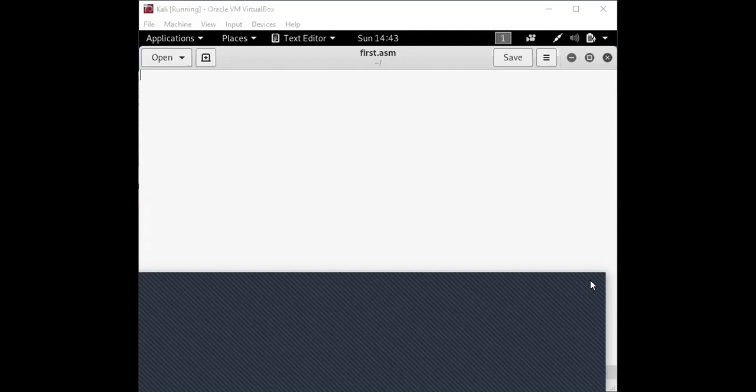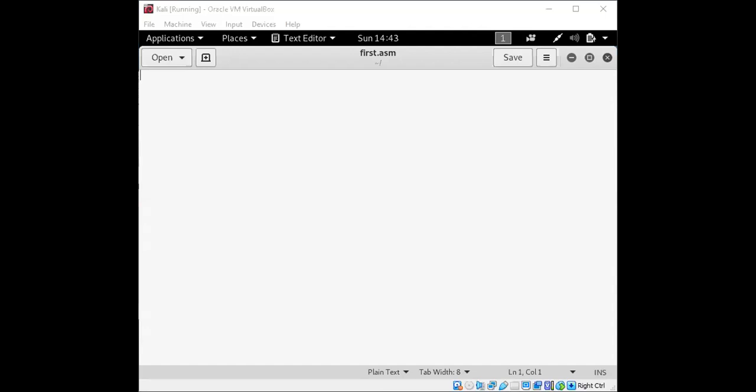Okay, so now what I'll do. Okay, it will have simple instructions for displaying these contents. It will have a few instructions that we will see.